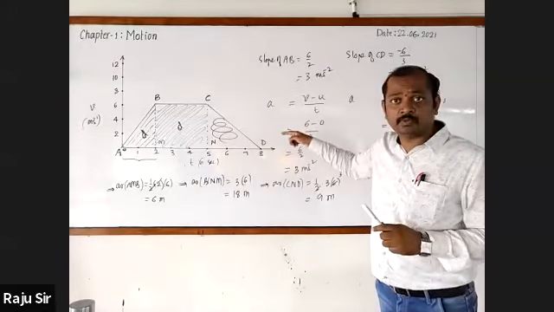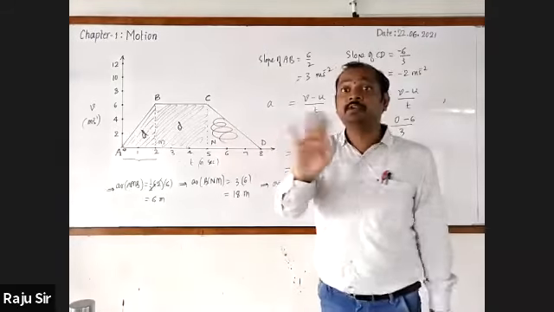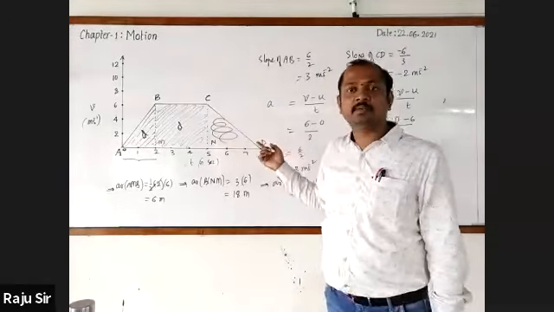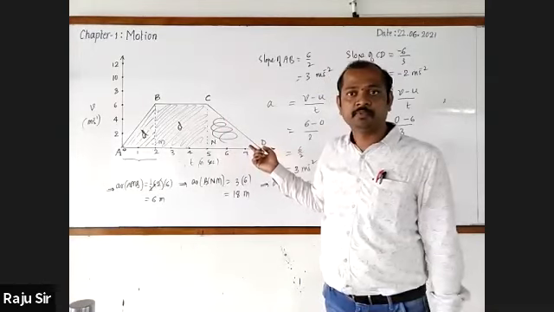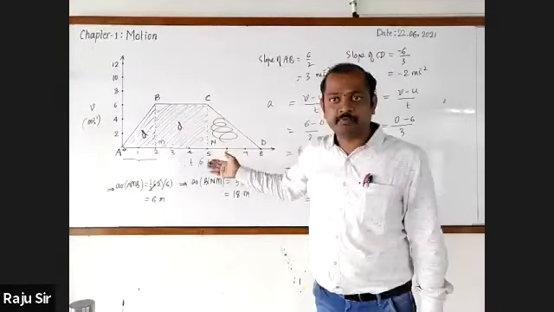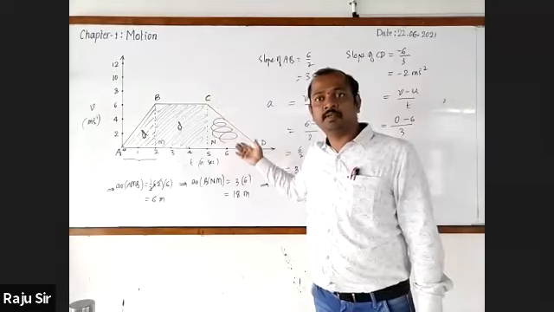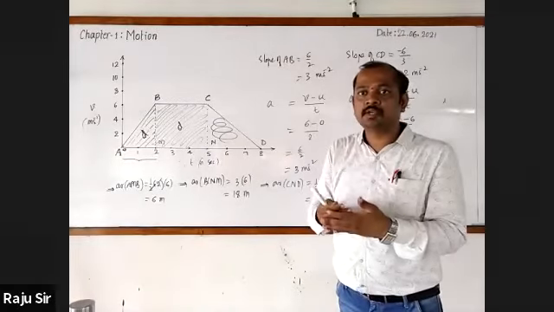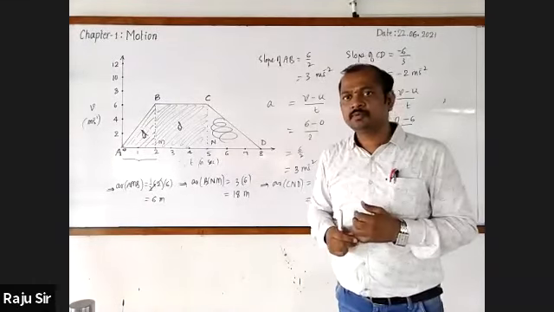Acceleration is negative. This is a VT graph, not a DT graph. In a DT graph, we were showing displacement. It is a VT graph. Here acceleration will be negative. Got it? Now, as soon as you reduce the speed, whatever distance you cover, does it become negative? No, sir. It will be positive only. Hence it is 9 meters.